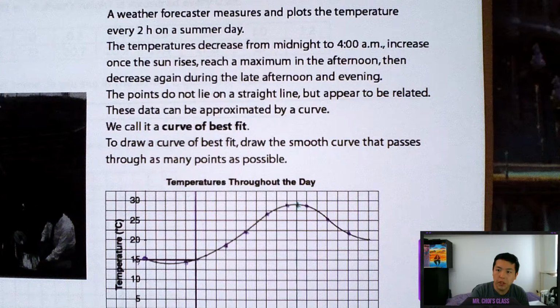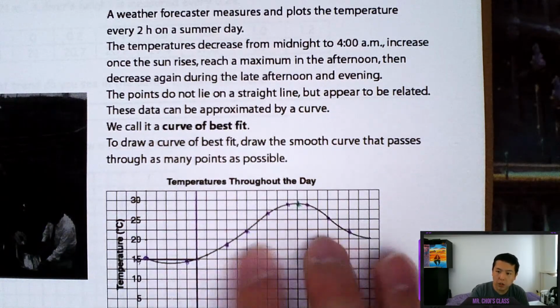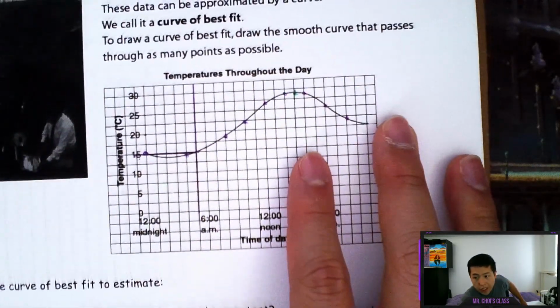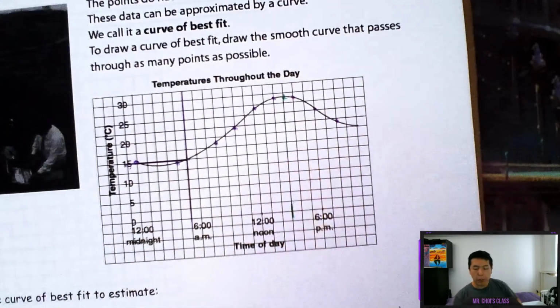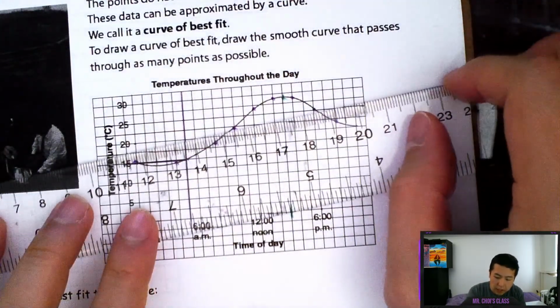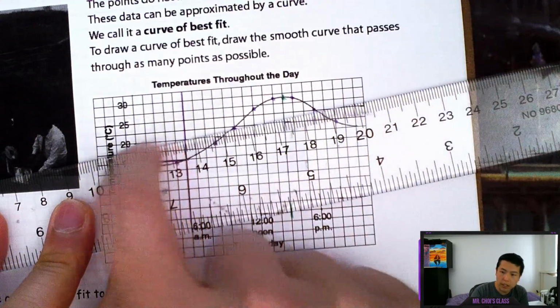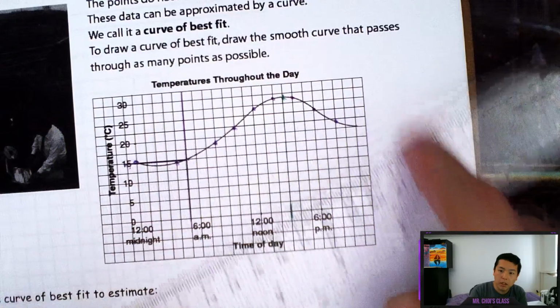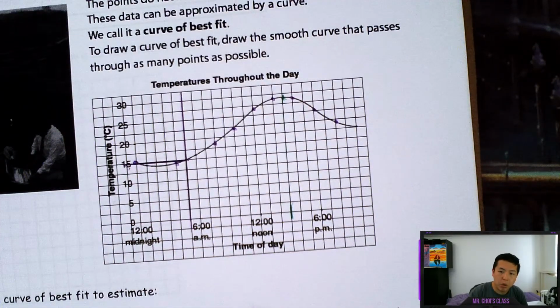The temperatures decrease from midnight to 4 a.m., increase once the sun rises, reach a maximum in the afternoon, then decrease again during the late afternoon and evening. The points do not lie on a straight line, but appear to be related, and this relation can be called a curve of best fit. And so these points here that I drew in, you can't really draw a line of best fit. If I were to draw a line of best fit, it wouldn't be very nice, right? If I were to get as close to as many points as possible, this line is not that great, right? It's really far from all the other lines, but if we drew a curve, that would help approximate